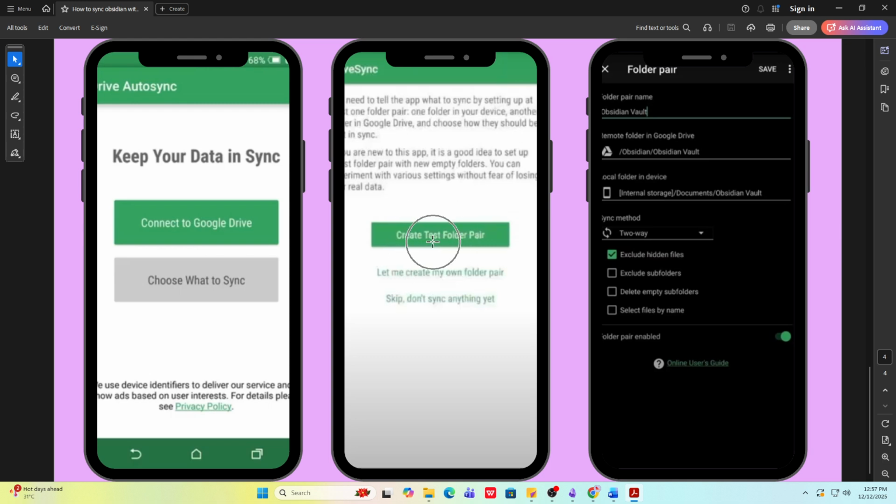Any changes you make in Obsidian appear in your Drive folder, and edits made in Drive sync back to your device. The first sync may take a moment if your vault is large, so keep the app open and stay online. To avoid conflicts, try not to edit the same note on two devices at once. If you rely on mobile, allow AutoSync to run in the background so changes continue even when the screen is